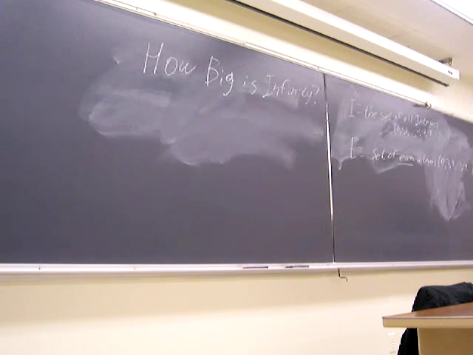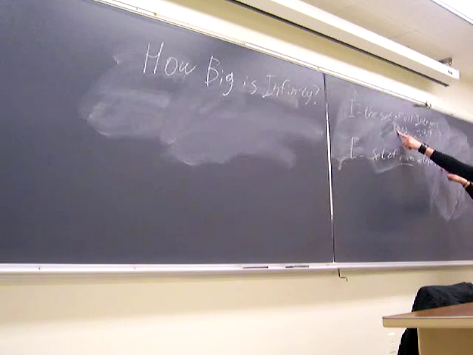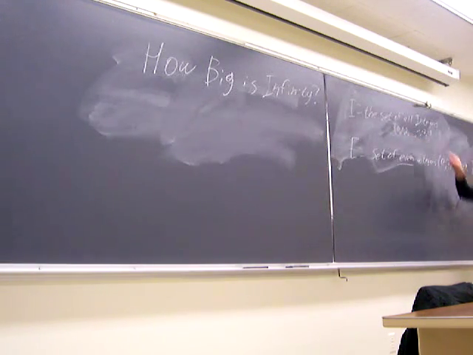That's a good way to see if two things have the same size. Can you find an association between everything in here and everything in here? And in this case, you can. If you take every number here and multiply it by 2, you get one number here. If you take any number here and divide by 2, you get one number here. So there's this one-to-one correspondence between the elements in this set and the elements in this set. So we can think of them as being the same size.